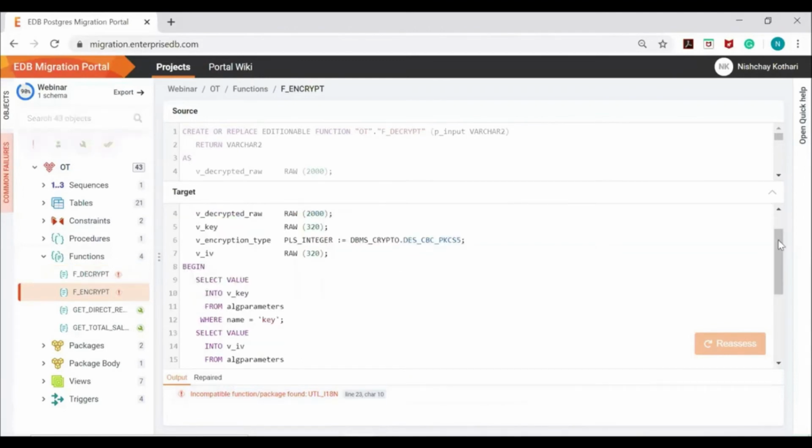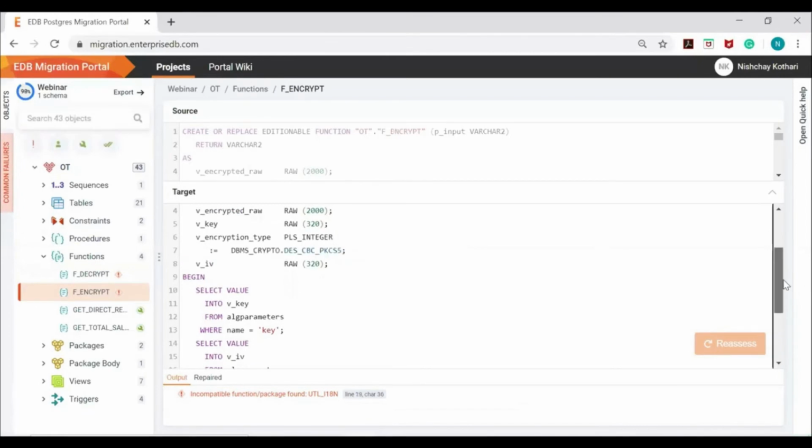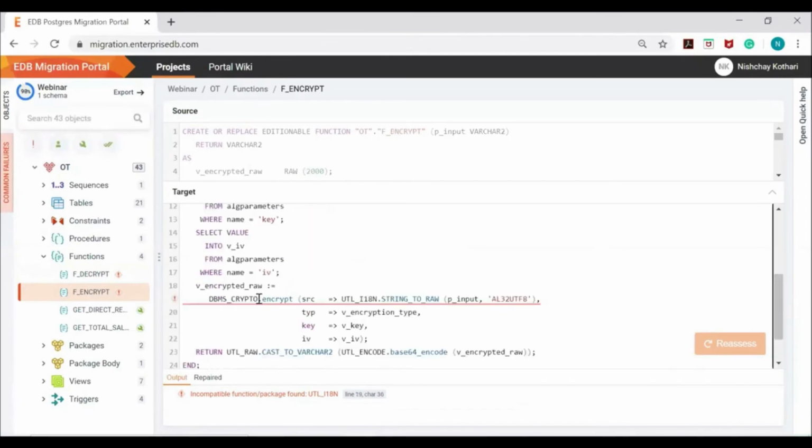So here, let's fix the encryption first. You can see there's an error here. utl_i18n.string_to_raw will convert your human readable string to encryption. So here you have to use decode, and you have to fix this one as well.